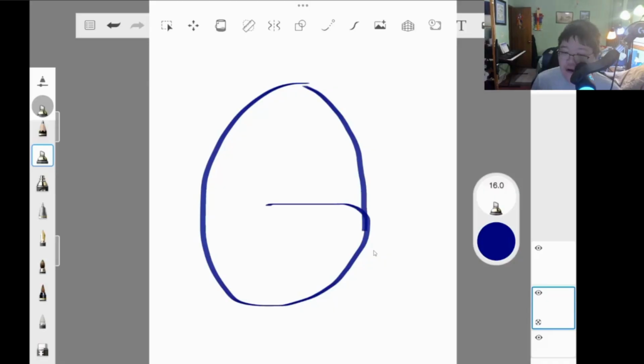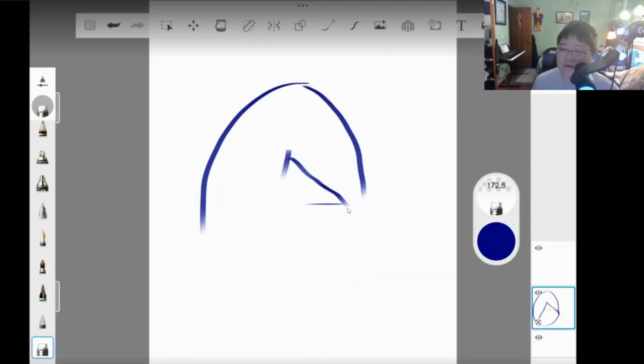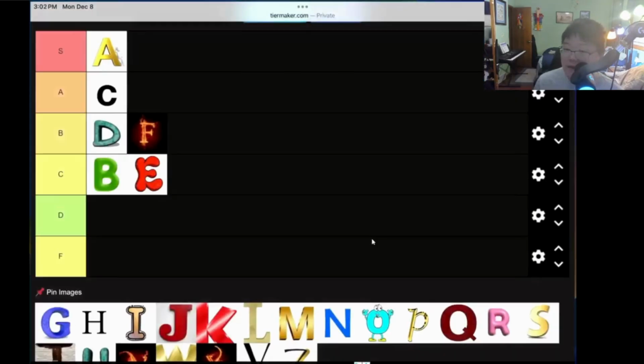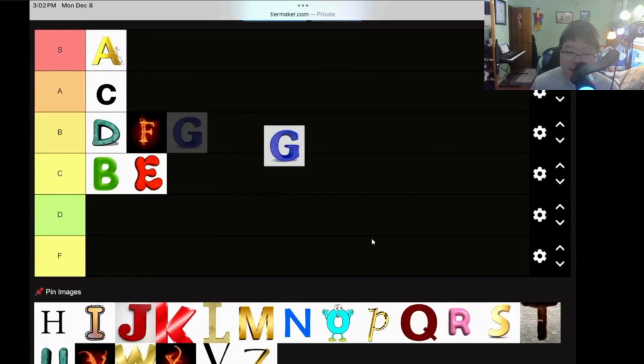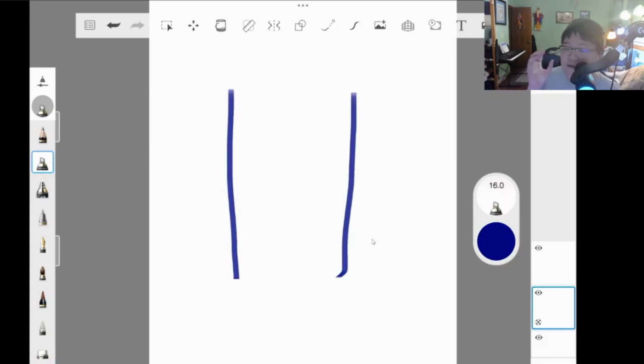G is going to be hard. You can make the circle thing, but then the line intrudes here and goes right up to the edge, so that's a horrible A. No teacher would draw that, right? It could be a little plausible, but I feel like it's not that good. So I'm going to put it into C tier. Okay, next is H, and